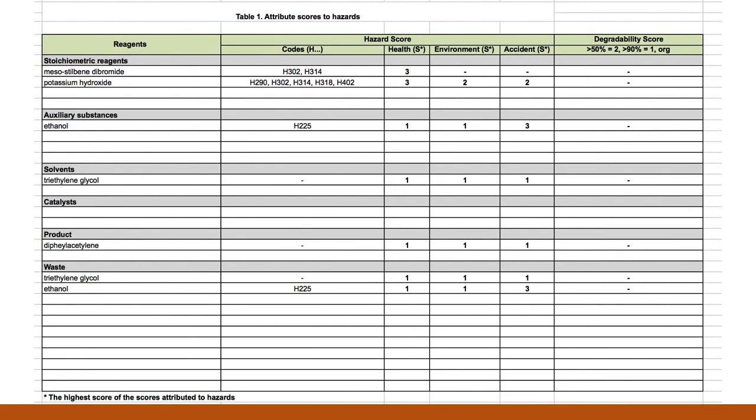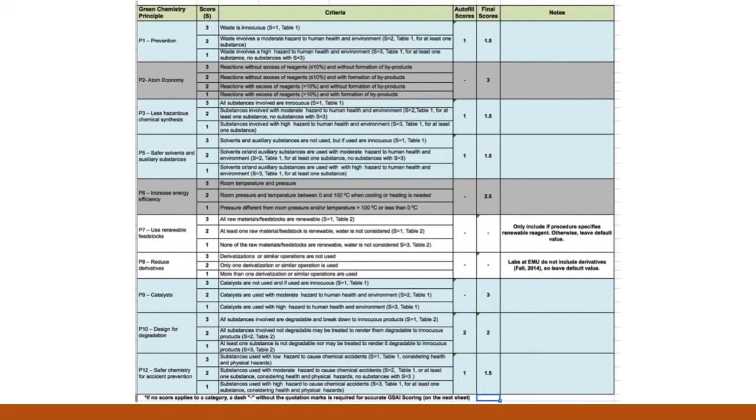These scores are then entered into an Excel sheet under the appropriate category: health, environment, or accident, where health is about physical stuff, like does a chemical burn you or is ingestion bad. Environment is about aquatic toxicity, and accident prevention is all about will it explode or catch on fire in the lab. And these scores associated with the hazard codes are used to score each of the 12 principles of green chemistry. So let me give an example of what that looks like for the first principle. That's about waste